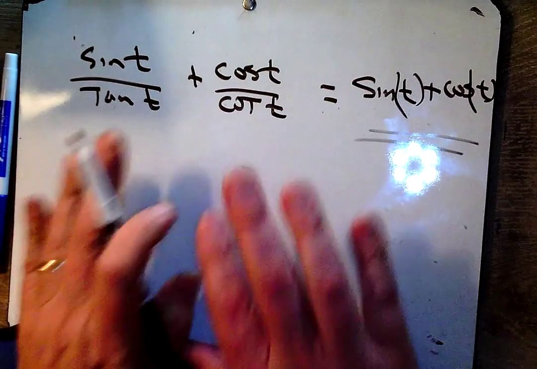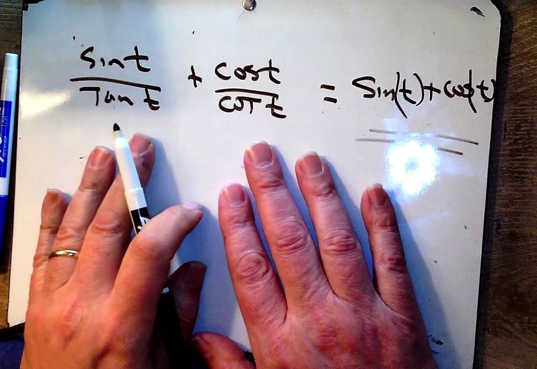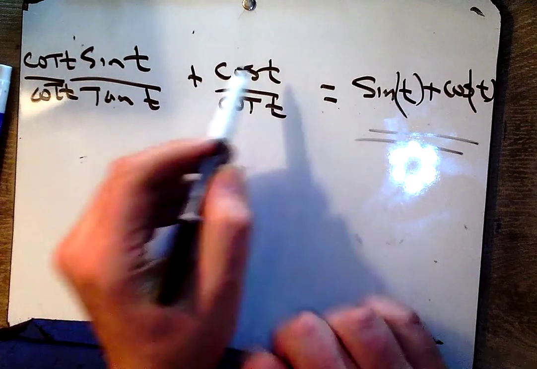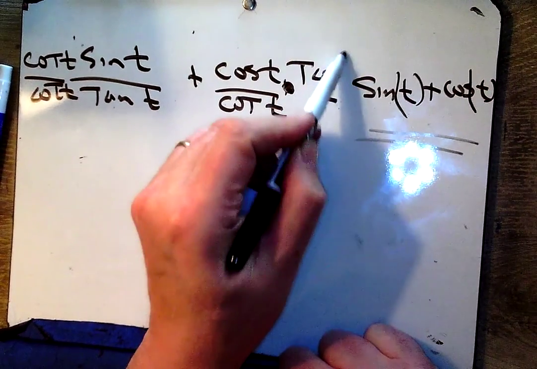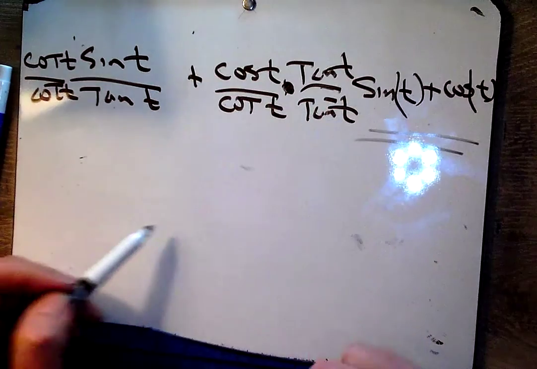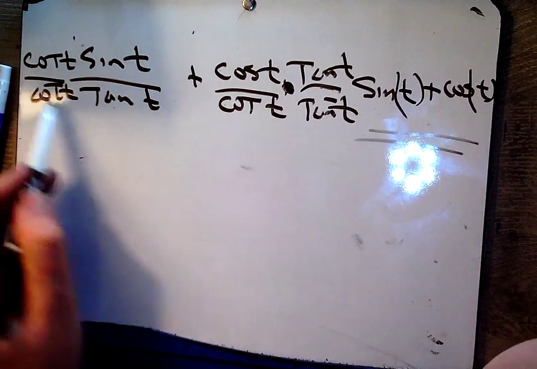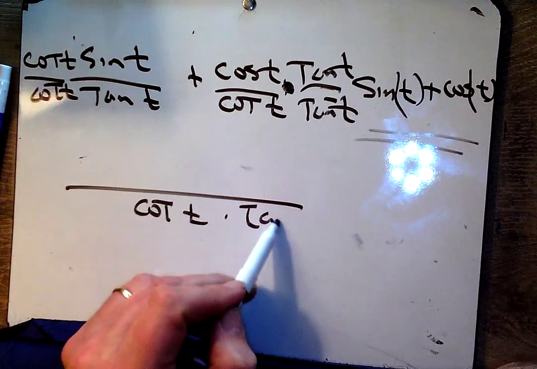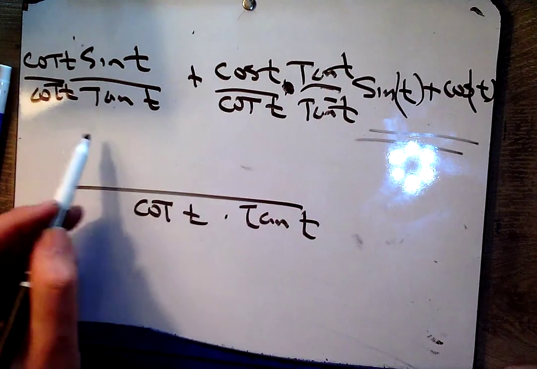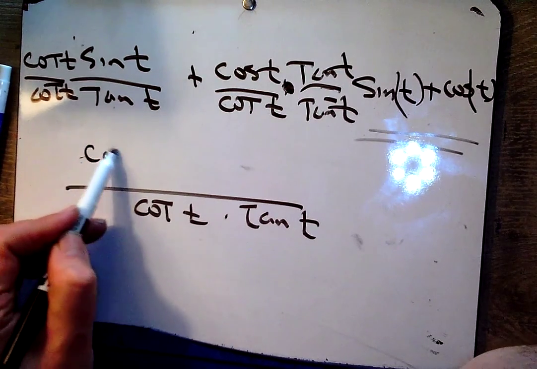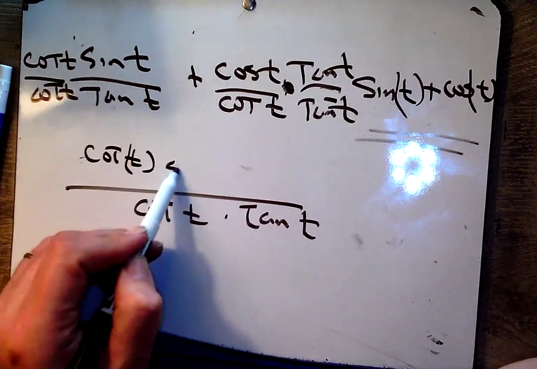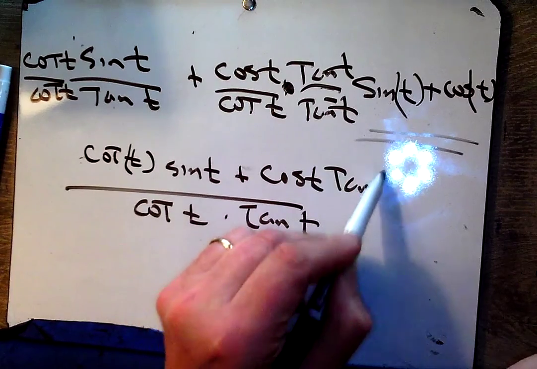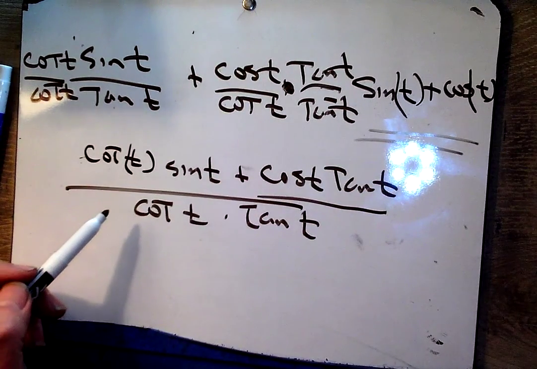Some people want to make a common denominator here. Really? Cotangent t times tangent t. Okay, so common denominator, cotangent t times tangent t. And on top, we've got cotangent t sine t plus cosine t tan t. Well, that doesn't look better to me, but